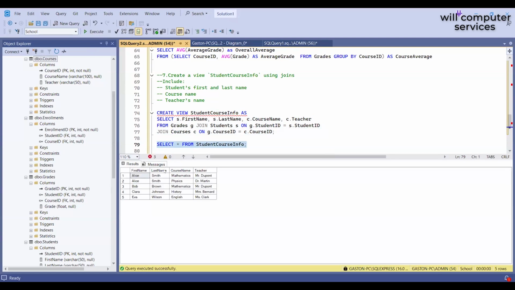So we have the first name, last name, course name, teacher. Alice Smith is in the mathematics class given by teacher Mr. Dupont. Alice Smith is in the physics class given by teacher Dr. Martin. Bob Brown is in the mathematics class given by Mr. Dupont, which is good. Clara Johnson is in the history class given by Mrs. Bernard, and Eva Wilson is in the English class given by Miss Clark,